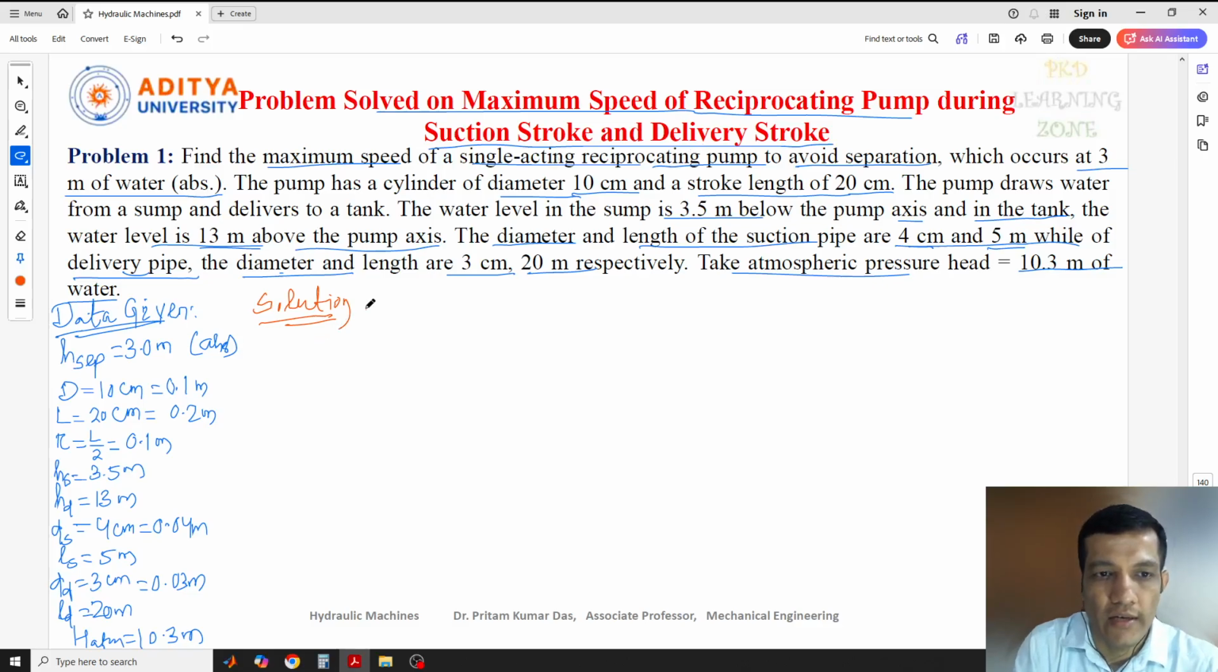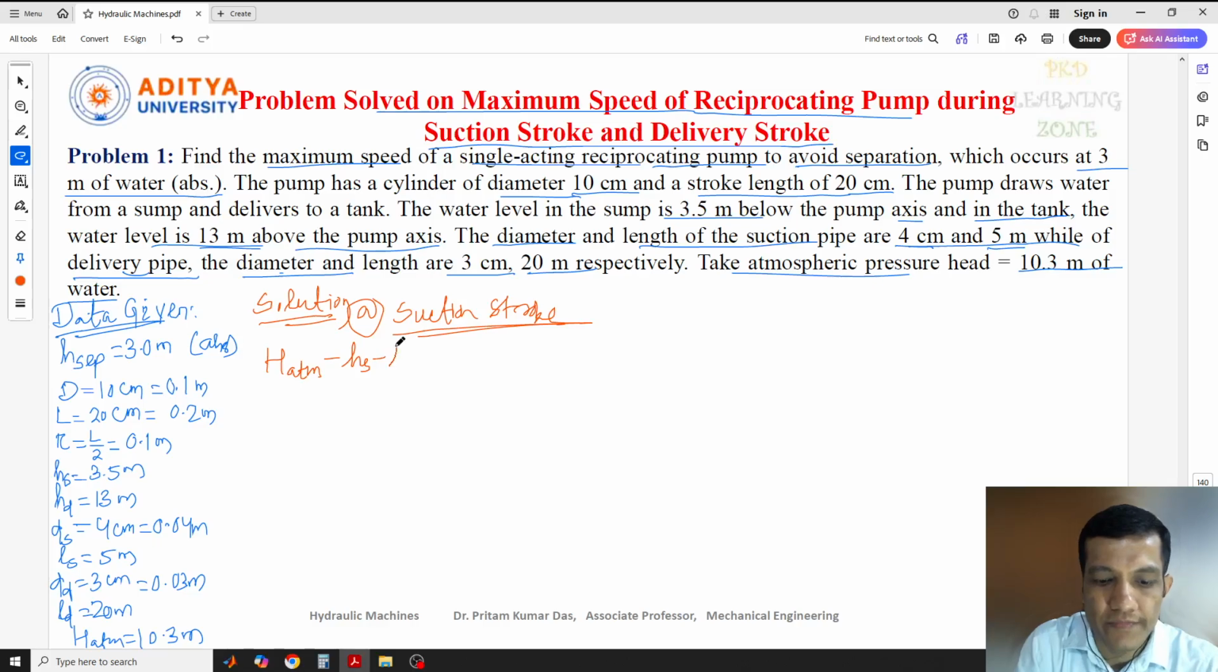So in the condition of A, first the suction stroke. Suppose suction stroke, and in a similar manner we need to solve for the delivery strokes also. So what is the formula for this? We have seen in our last lecture we have derived an equation. There we have seen the equation is given as H_atm minus